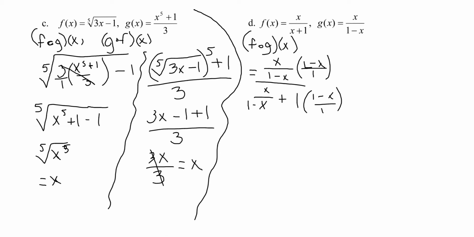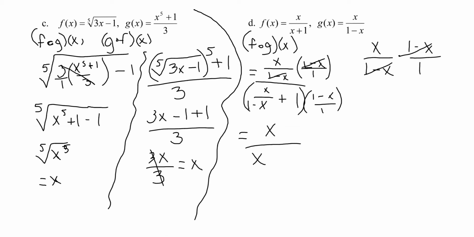Okay, so what we are going to do is, up here on the top, it's nice because those will cancel and we get x. Now on the bottom, we have to multiply this entire problem by 1 minus x over 1. So for the first fraction, if you have x over 1 minus x times 1 minus x over 1, the 1 minus x's will cancel, and it leaves you with x plus, and then if you do 1 times 1 minus x, you get 1 minus x,